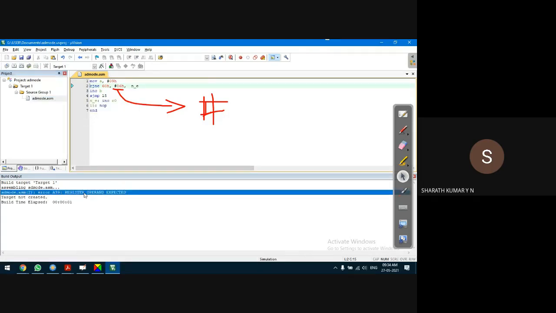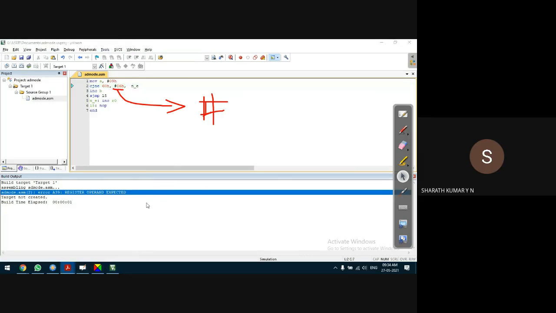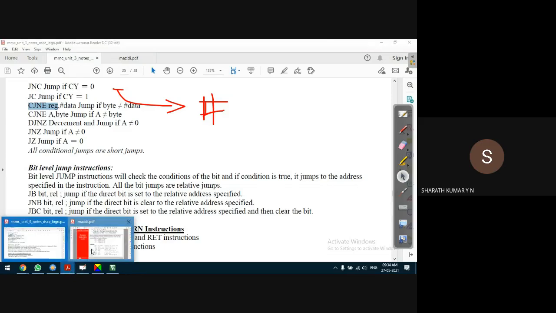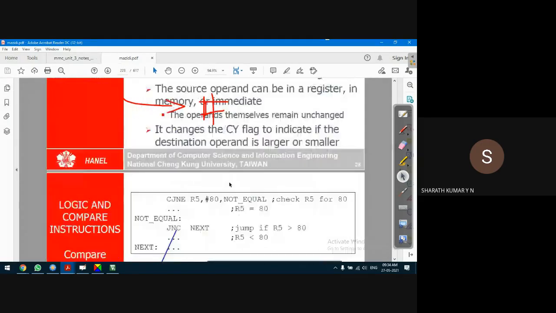This is also not possible. That is, the destination has to be a register. The source cannot be anything other than immediate data. That's not mentioned in this discussion document, but that is the condition.